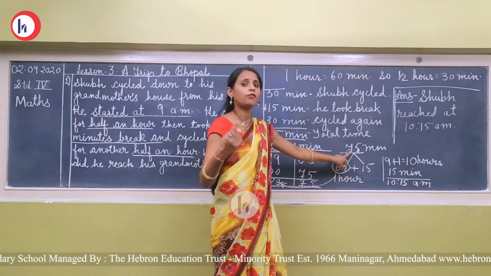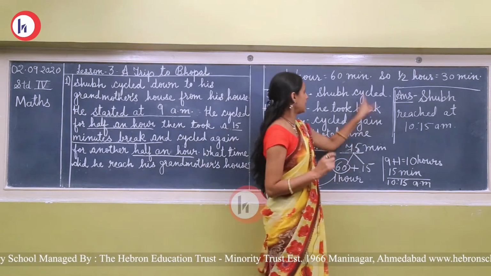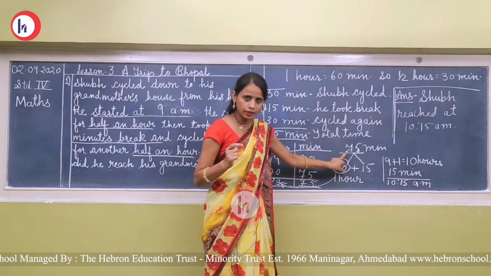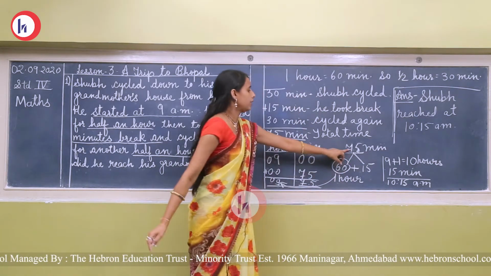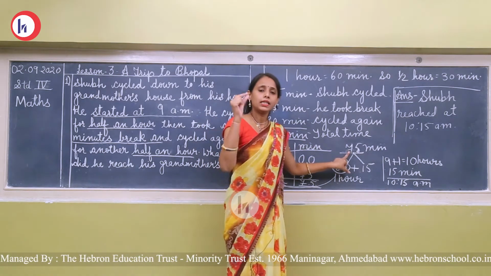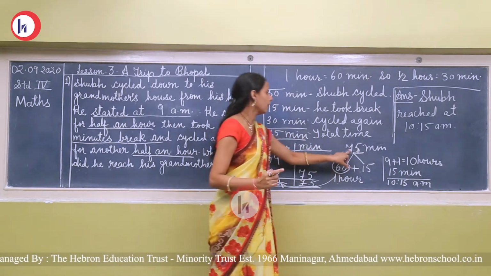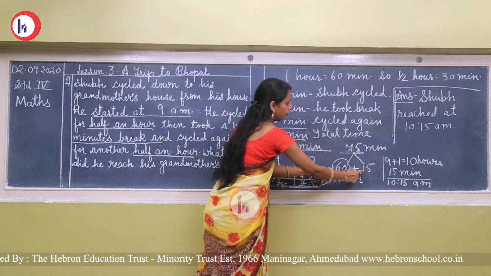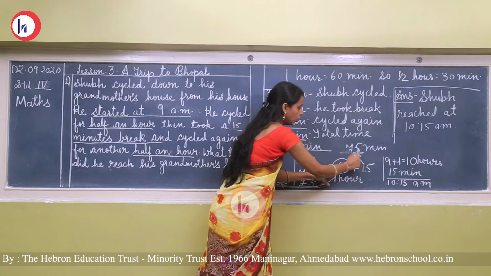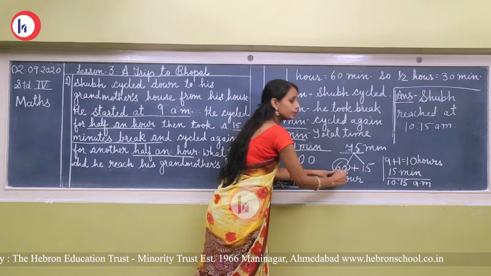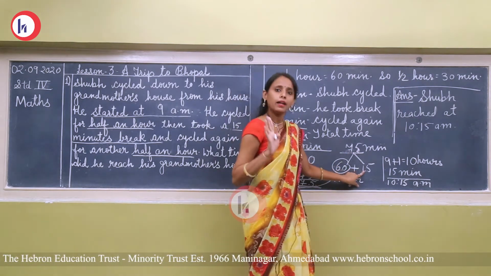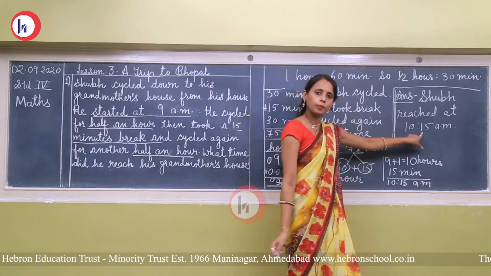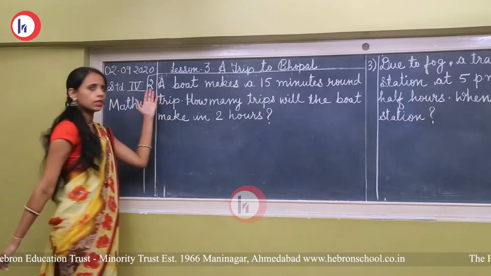Students, one thing you should keep in mind whenever you get this type of answer, that is 75 minutes: as we know, 60 minutes is equal to 1 hour. So here we have 75 minutes, and we have to convert it. Where 60 minutes come, that will be converted into 1 hour. So we separate it as 60 plus 15. 75 minus 60, 15 minutes remain, so we write it as 15 minutes. Okay, we'll move to the next question.